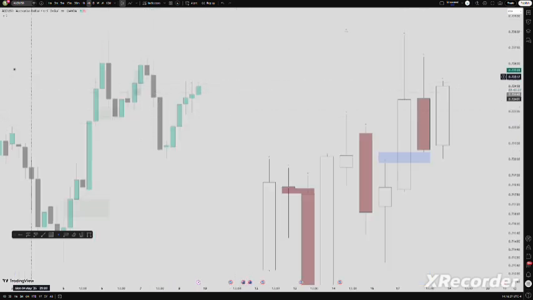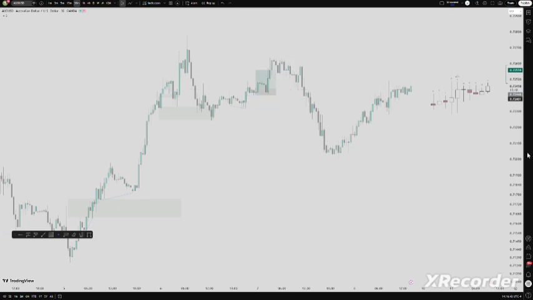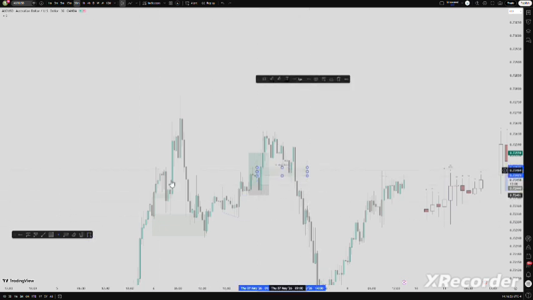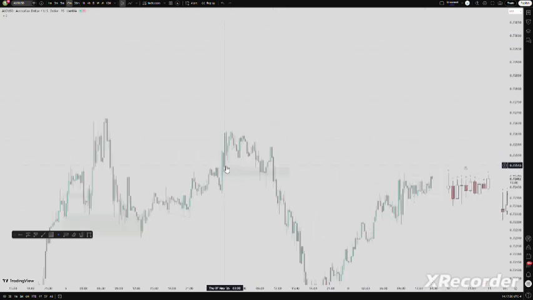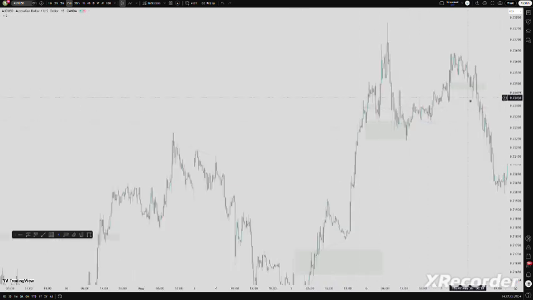But on AUD on that particular day, we had price delivering to the upside, and then we had this fair value gap over here. We're looking for 15-minute lows, and there were a bunch of them, and when we took them out, we had this divergence and price just capsized. So that was the loss, and that was how I traded the AUD and said I didn't take this. So yeah,